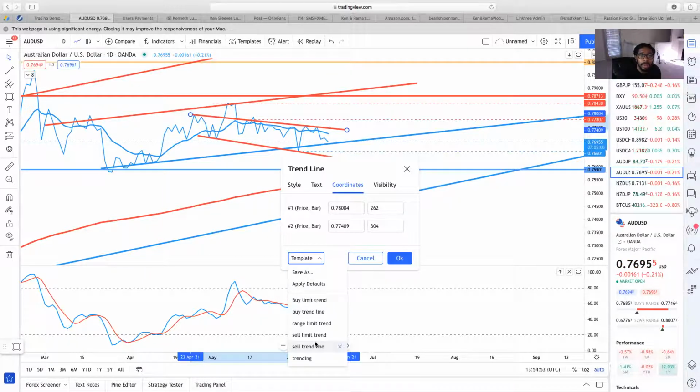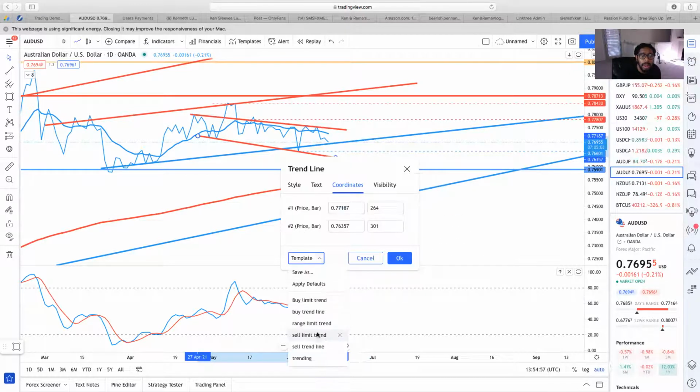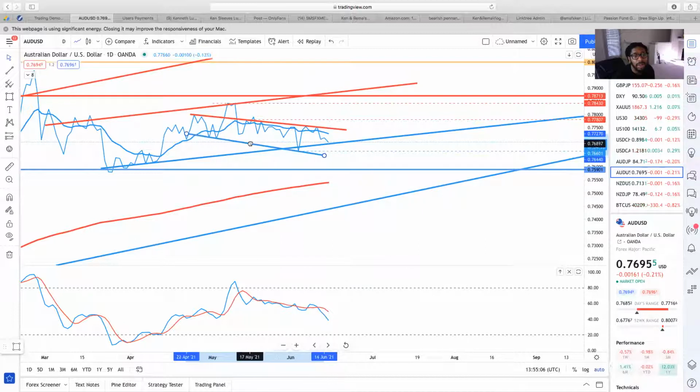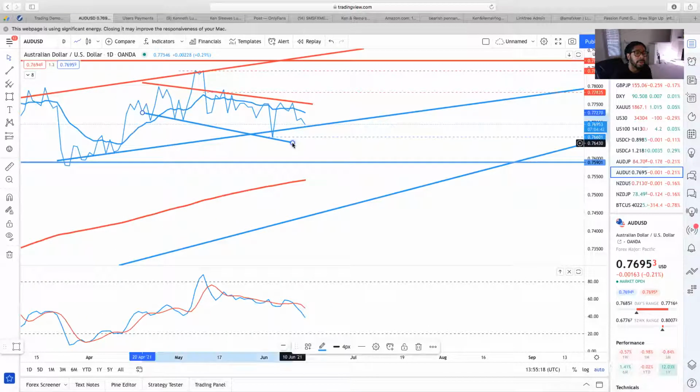So now I'll keep that way, and then I'll go to settings, and I'll put a buy trend line, right? So now I got my buy trend line right here on my daily. So now I'm knowing where I'm at as far as my daily, no matter what is going on, right? And like I told you guys, everything is not pretty, but you want it at the touches. You know what I'm saying?